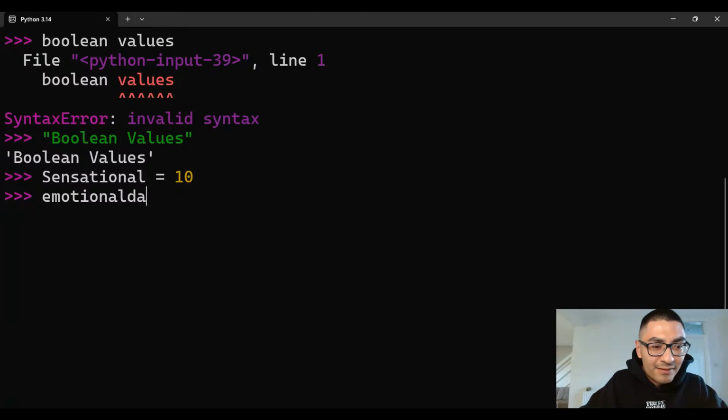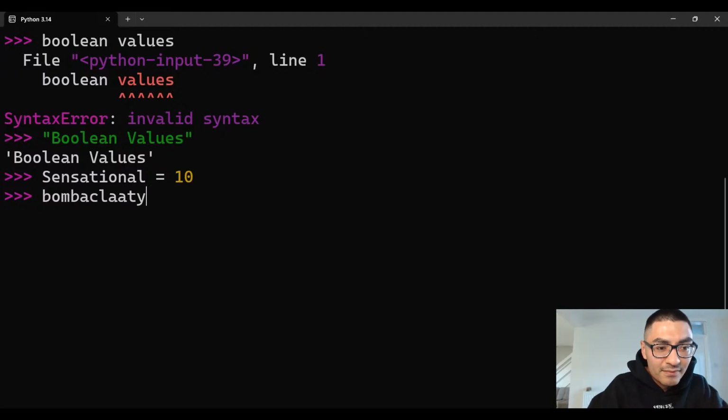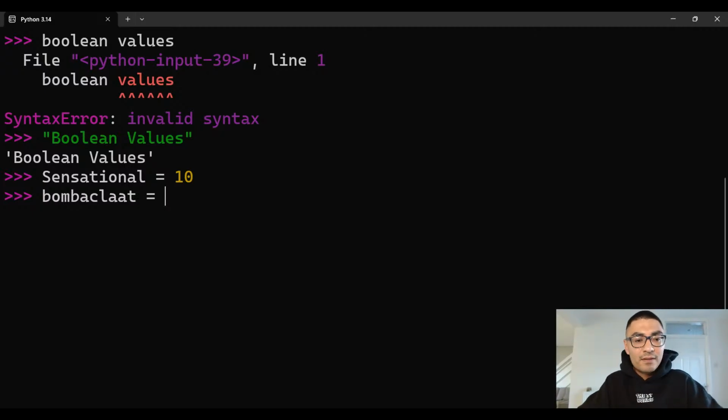Oh wait, we got another one. Let's erase this. Let's name it bomba clad. Bomba clad equals 5. Enter. That's all I want to be able to show these Boolean values. So what we're gonna do is print